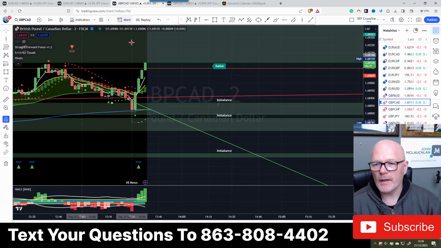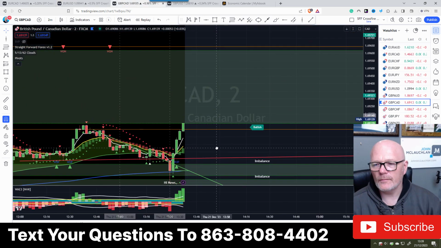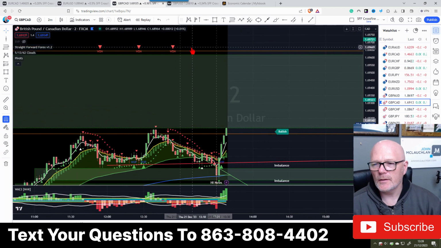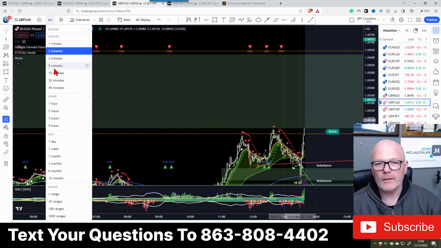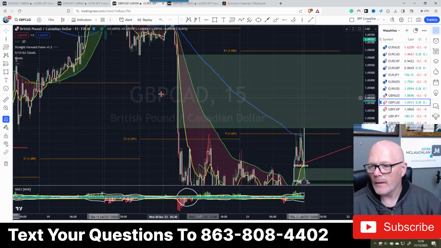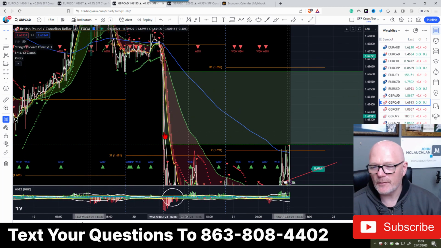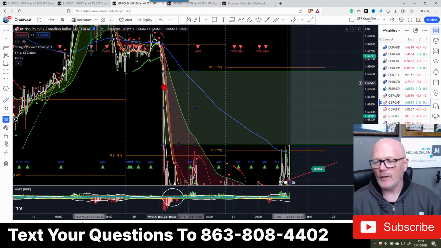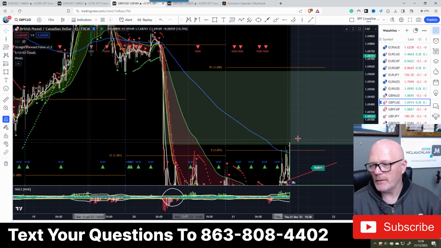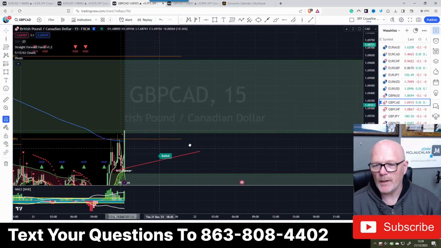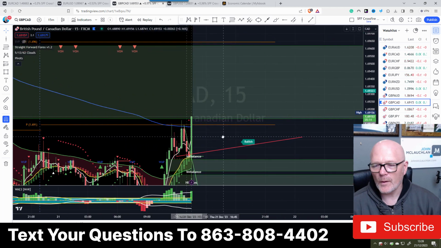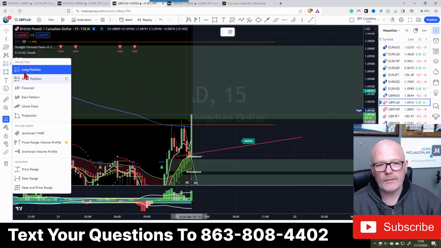Right, let's have a look at GBP CAD. Now this is interesting because look at that, it's right at that area of imbalance. And if we look at the 15-minute, where did price go? Well, we had this massive push yesterday morning, okay, took all that, created all that imbalance. Are we now going to see a reversal of that imbalance? Okay, and I would suspect you may. Okay, so we're past the 200 moving average. If we're going to go long on this,